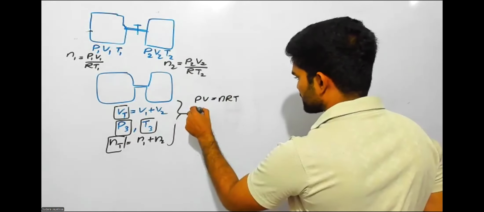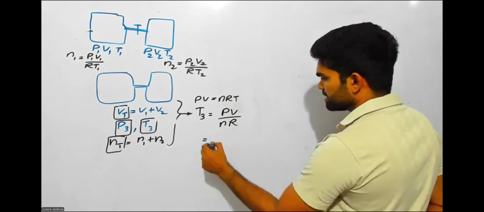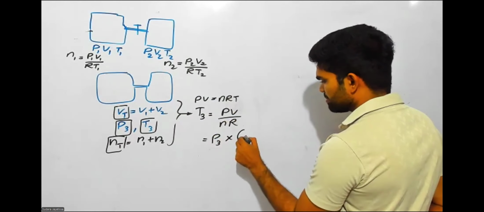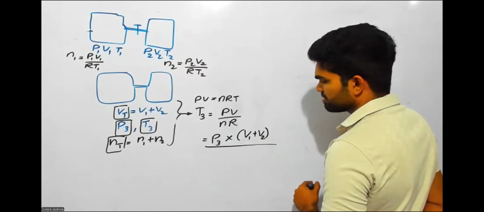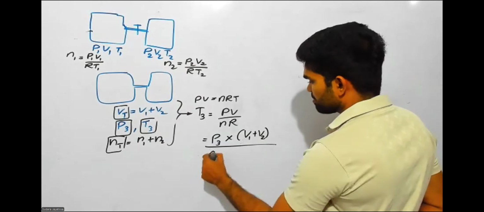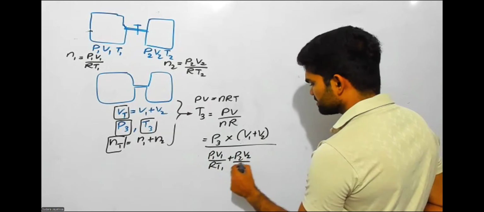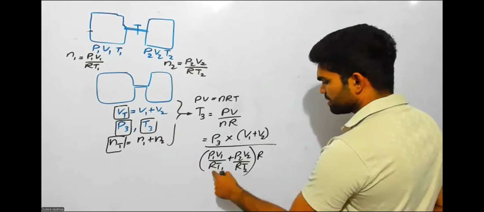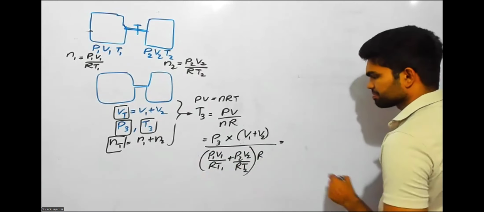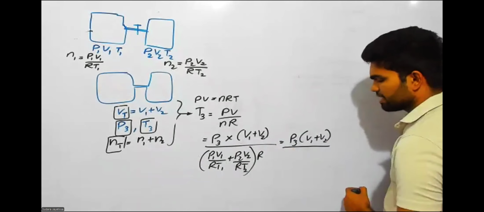Okay, so if you make T3 the subject, it's going to be PV over nR. PV over nR. So pressure is P3, volume is V1 plus V2. And what is our moles? N1 plus N2, that is P1 V1 over RT1 plus P2 V2 over RT2. And then multiplied by R. So you can see now that this R gets cancelled. So then it is P3 (V1 plus V2) divided by